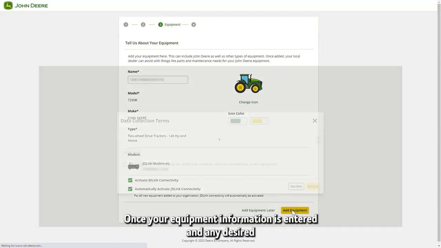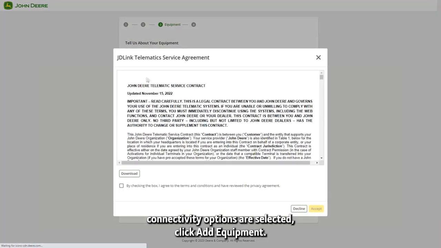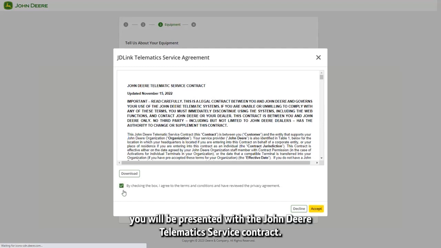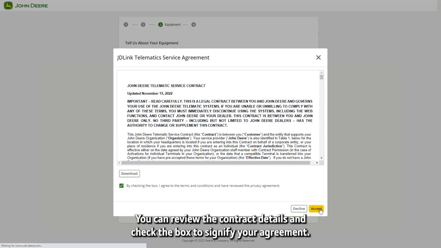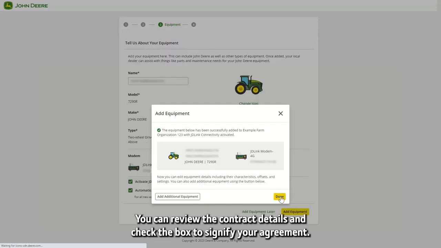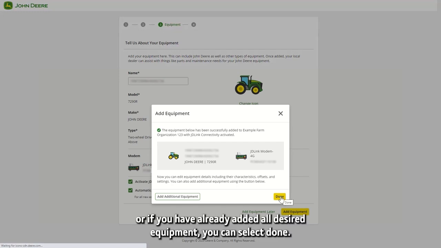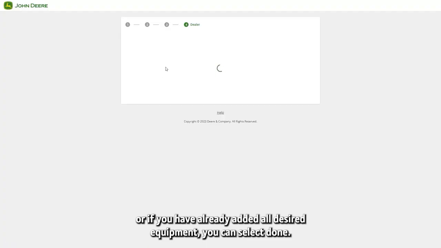Once your equipment information is entered and any desired connectivity options are selected, click Add Equipment. If you opted to enable connectivity, you will be presented with the John Deere Telematics Service Contract. You can review the contract details and check the box to signify your agreement. At this time, you can either add additional equipment, or